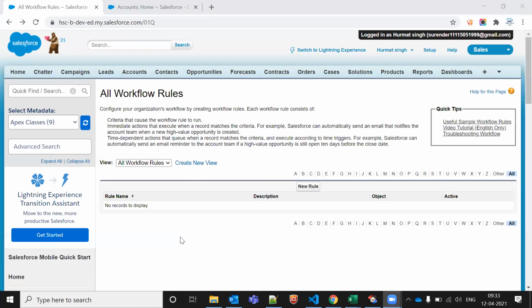The second one fires after the creation and whenever the record gets edited, that rule fires. But in the third, whenever the record gets edited after the creation, and along with that, it should meet the subsequent criteria we want to meet. Then only the workflow rule fires.